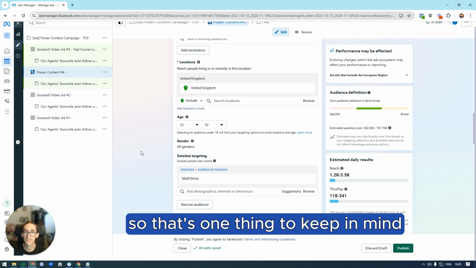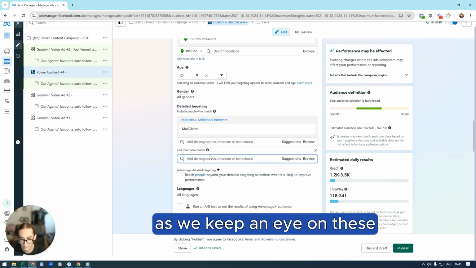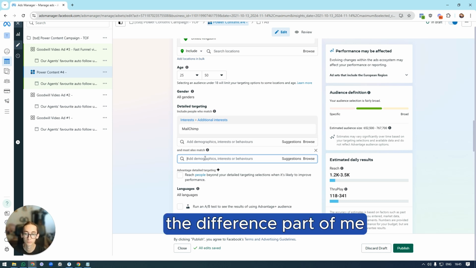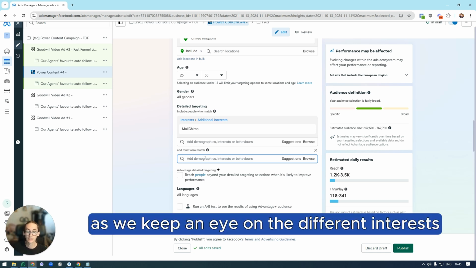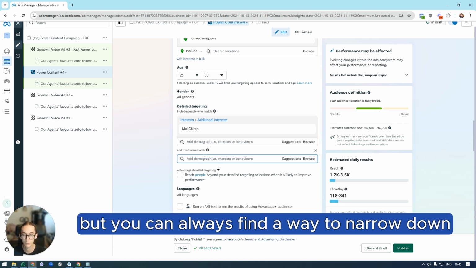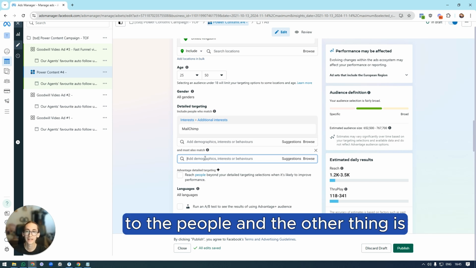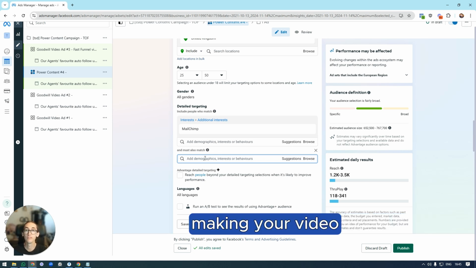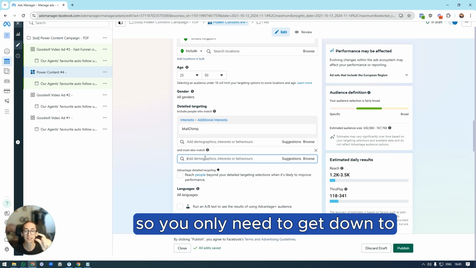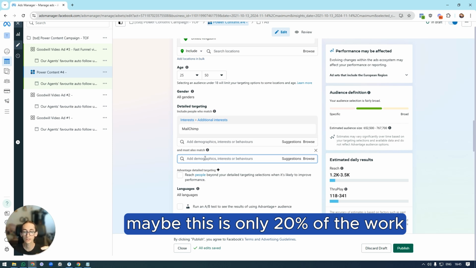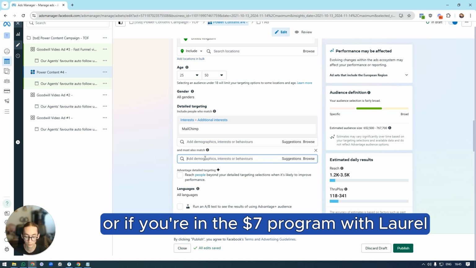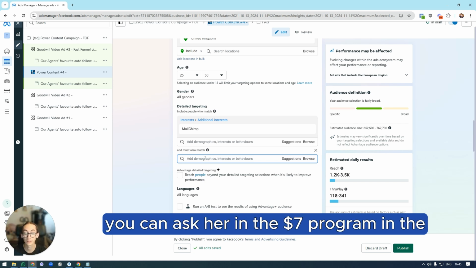So that's one thing to keep in mind as we keep an eye on the different interests that appear. We have to keep in mind that some will disappear, but you can always find a way to narrow down to the people. And the other thing is, making your video really specific to who your ideal client is will help a lot with this. So you only need to get down to maybe, this is only 20% of the work, maybe you can do it in 5 minutes once and have it set up. Or if you're in the $7 program of Laurel, you can ask her in the $7 program in the Ask